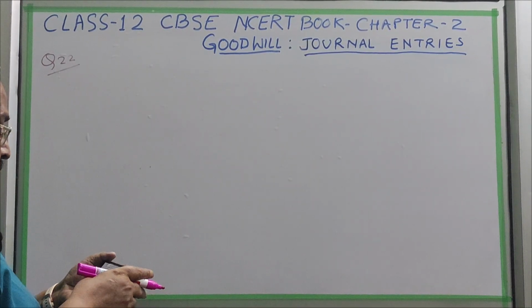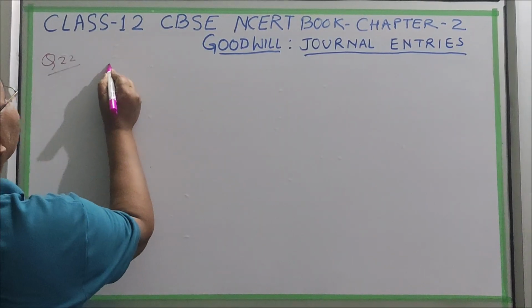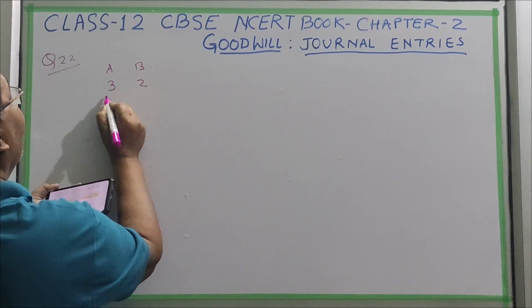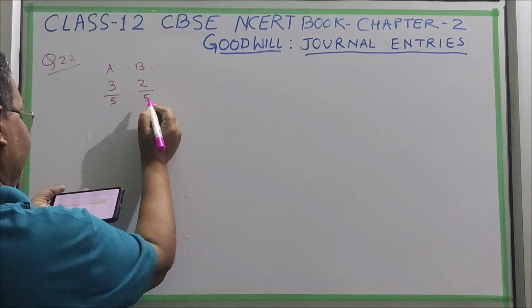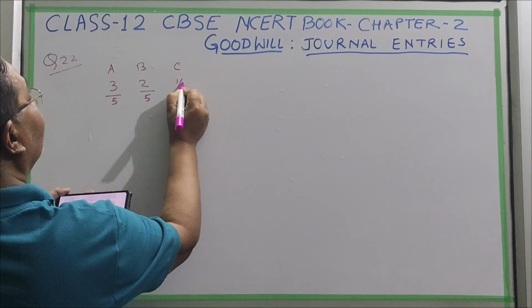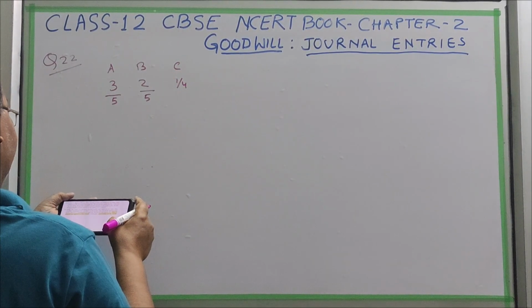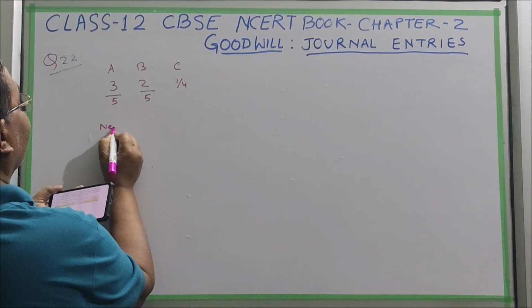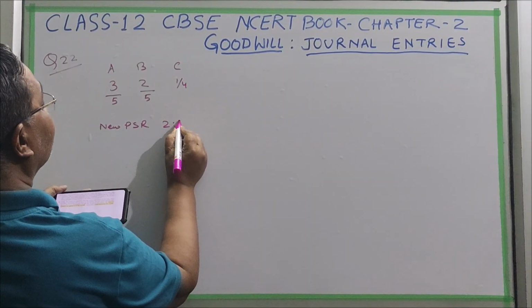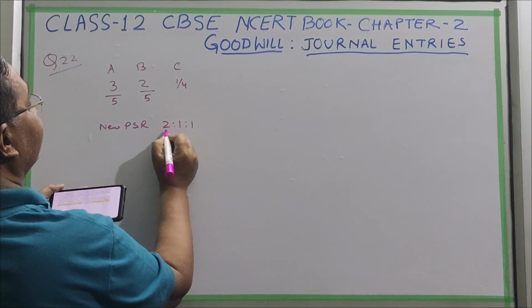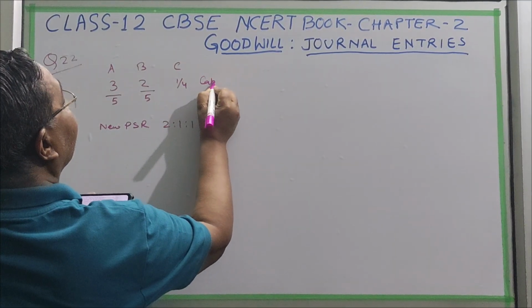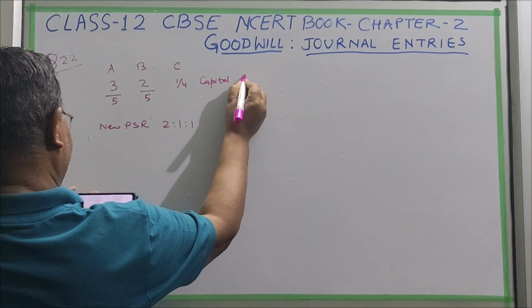Now question number 22. Aditya and Balan are two partners. Their ratio is 3:2, meaning 3/5 and 2/5. They have admitted Christopher for a 1/4 share in the profit. The new PSR they have given is 2:1:1, A, B, and C. Christopher brought capital of 50,000